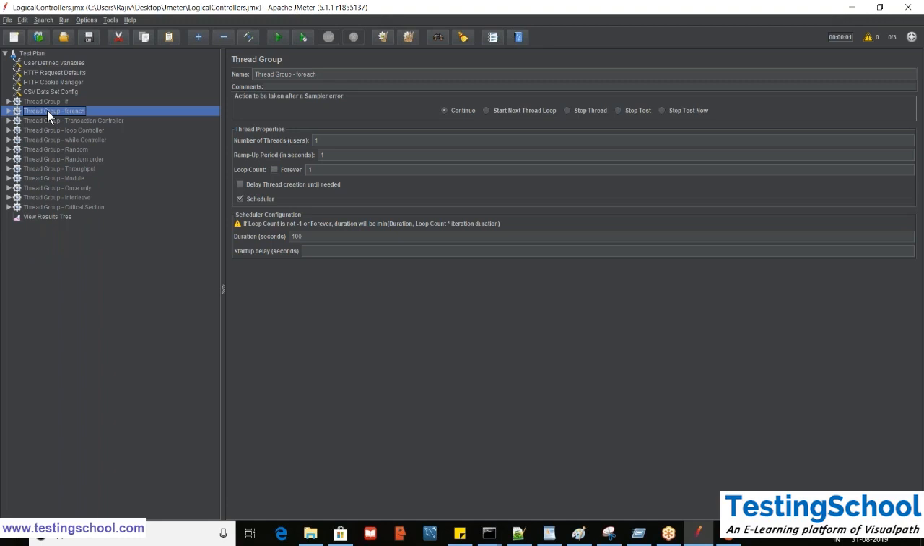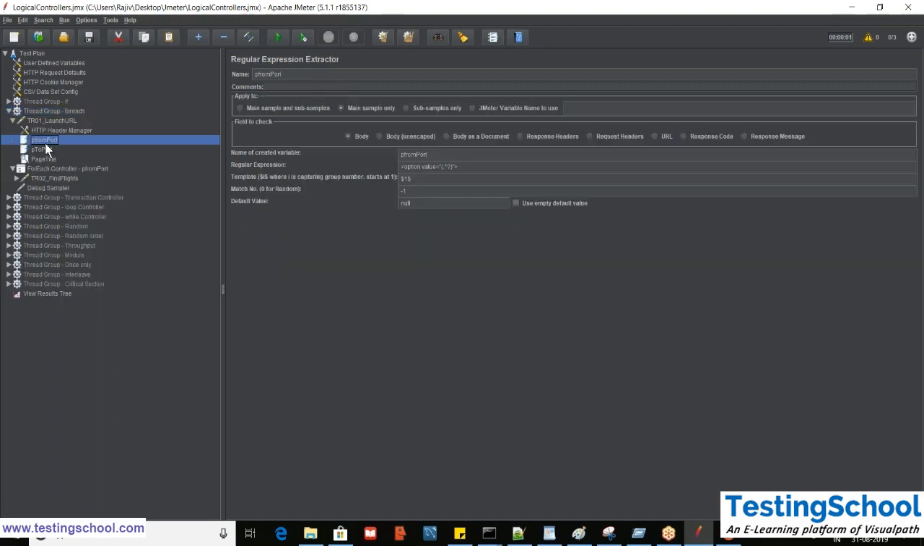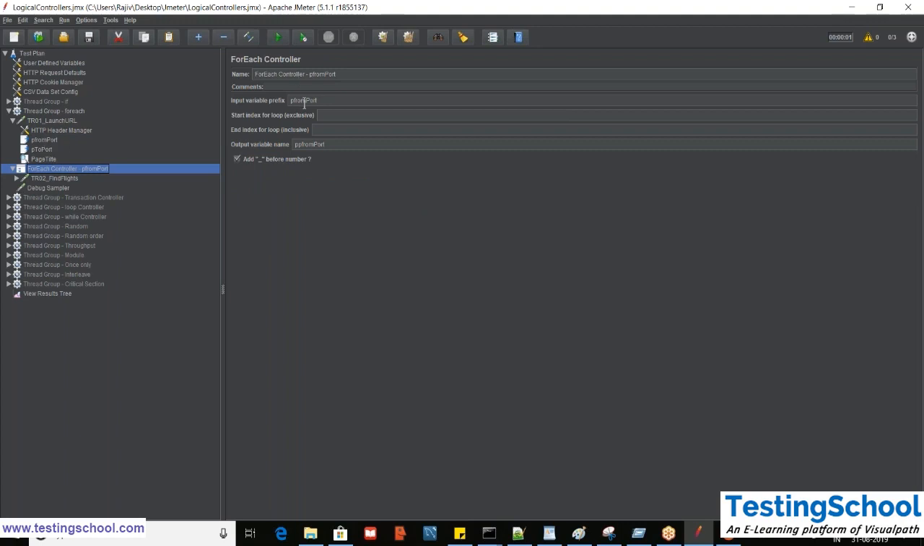So for each controller, we are using the regular expression extractor, and we have mentioned -1, so that whatever different values come in for a particular regular expression will all be placed inside this variable, and it will be taken as an array. We are passing that value, p from port, over here, and